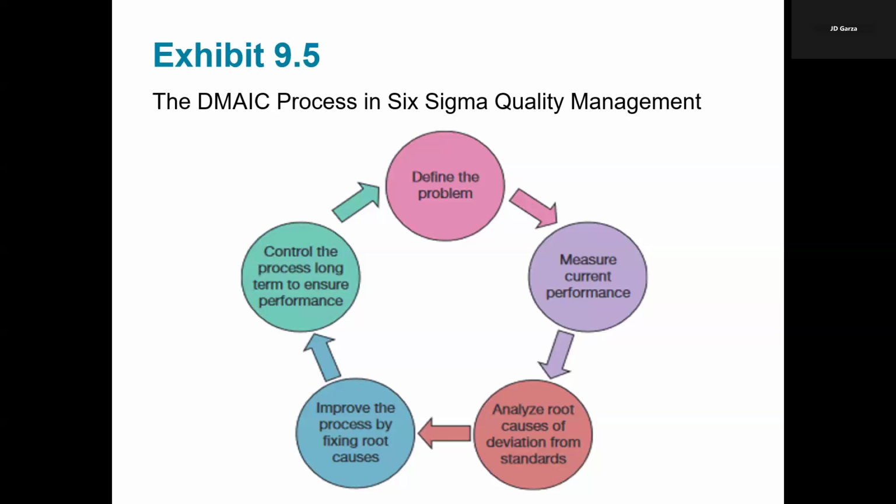And then of course you have control process long term to ensure performance, meaning that in this final phase right here, this ensures that the improvements are sustained over time, and it also involves implementing controls, let's just say, such as monitoring systems, setting new process standards, and even using statistical tools to maintain consistent quality. And in this example, in the store here, the regular audits of checkout times, staff feedback, and customer surveys would also help maintain that efficiency.